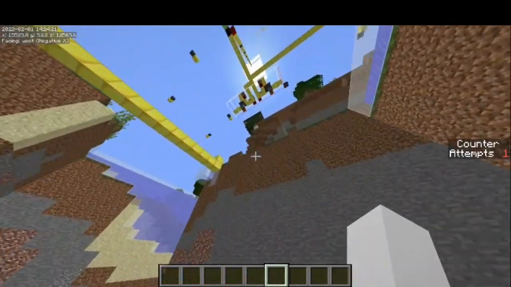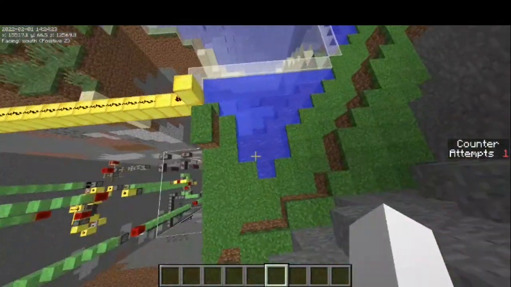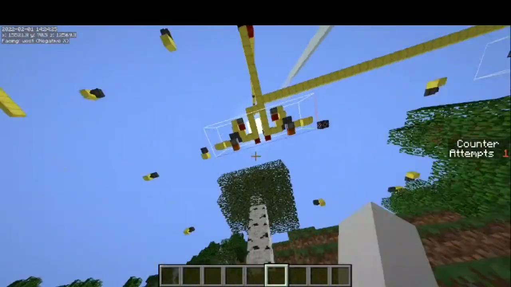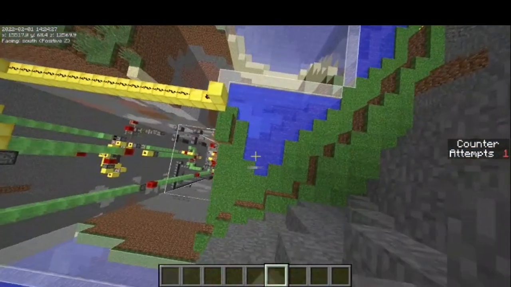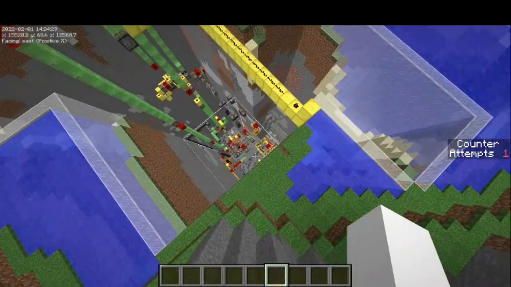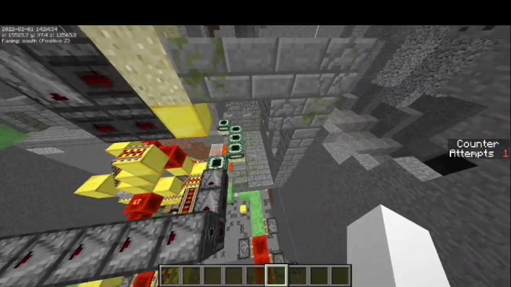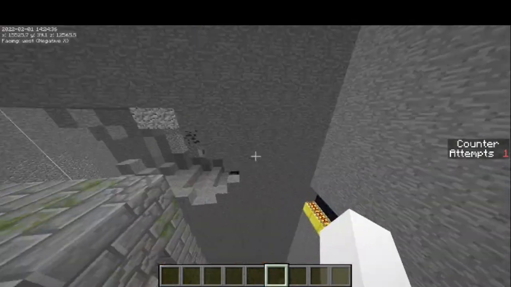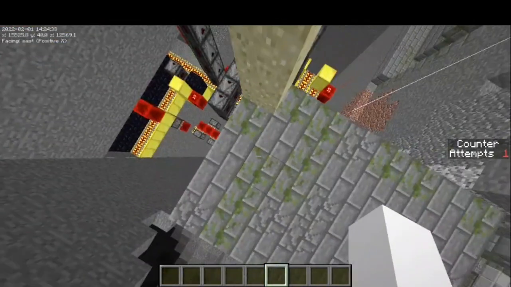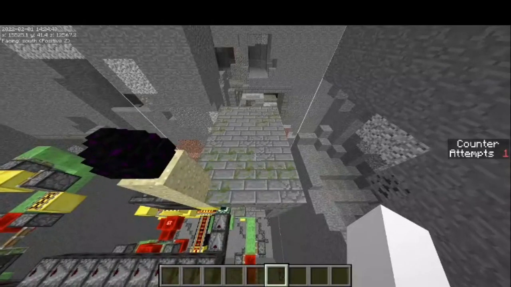So over here we have a chunk which is in the state of unpopulated. We've got some state machines up there. And every time this chunk populates, it places this corner of the stronghold room. It doesn't place the entire stronghold room. When a chunk populates, and if it populates that part of the stronghold room, then it only places that part